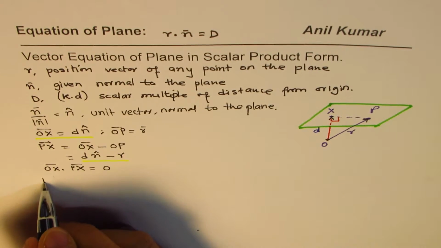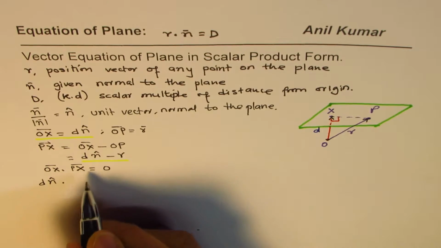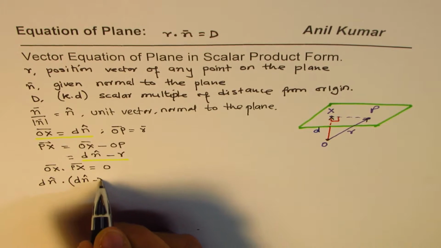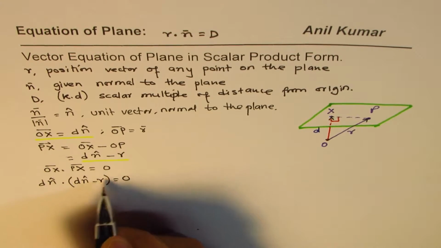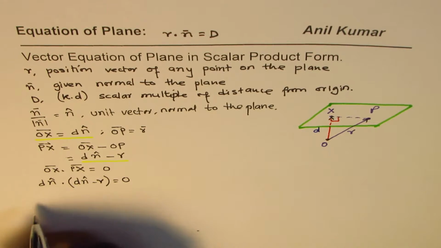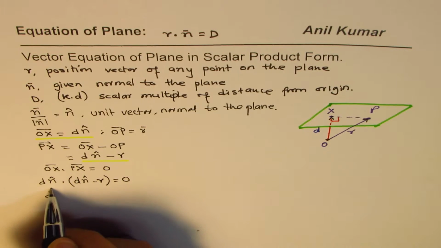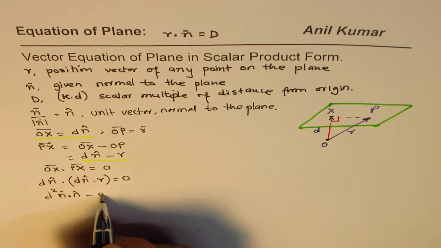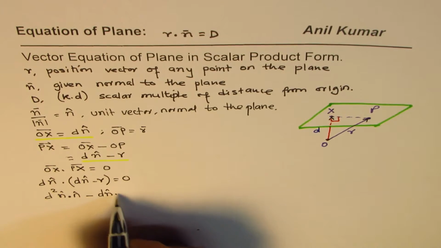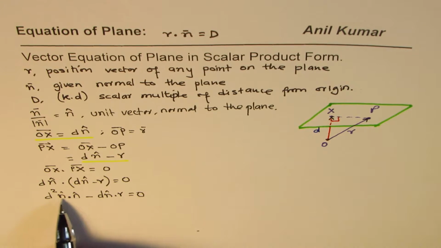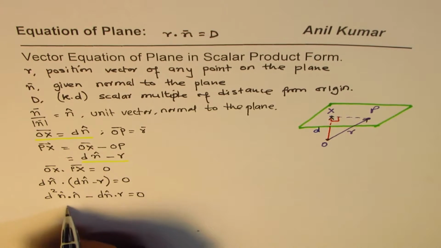OX is d times the normal vector, dot PX, which in brackets is d times the normal vector minus r, equals 0. r is the position vector. If you open this bracket, you get d square n dot n minus d unit vector dot r equals 0. Now n dot n is 1, since it is a unit vector in the same direction. So we get d square